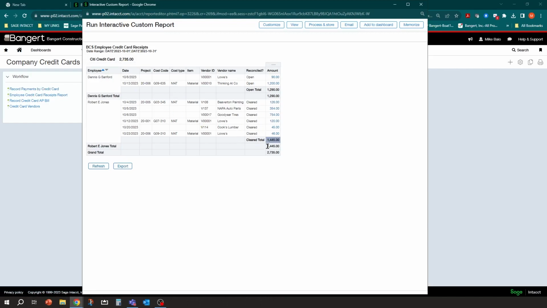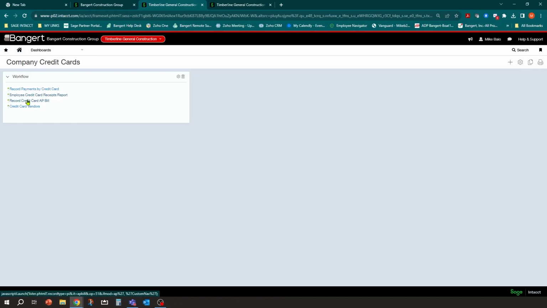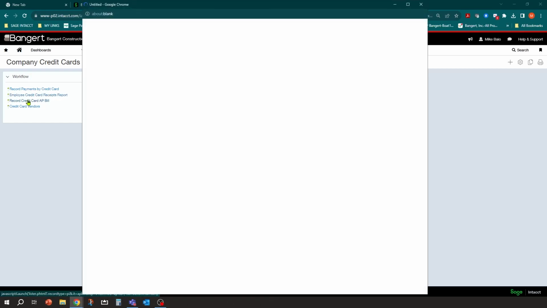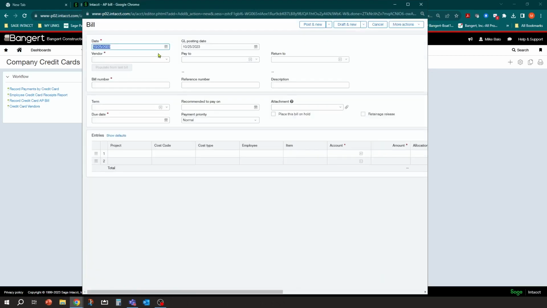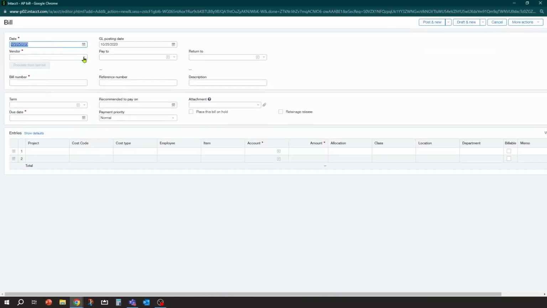You can reconcile them. And once it's reconciled and you have your total, the last step would be to actually go and put your AP bill in, your invoice in. And you can put this in ahead of time too, but you would leave it in a draft mode until it's approved. But you can come into here and put in your AP bill. And in this scenario, I'm going to put it into the city card. And what'll happen now is, you notice it already pre-filled the GL account because I set that up in the vendor setup.